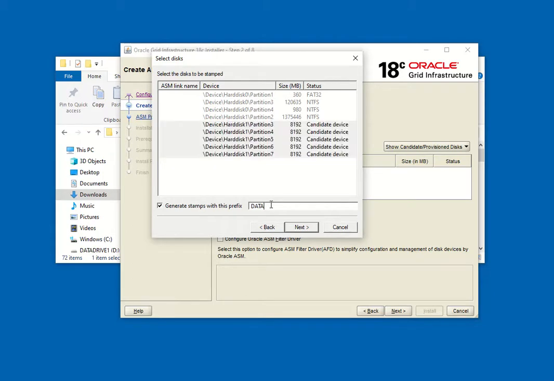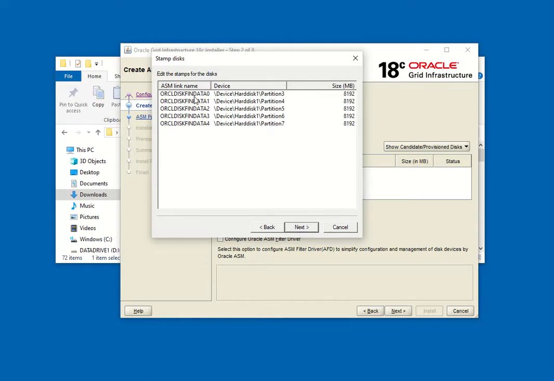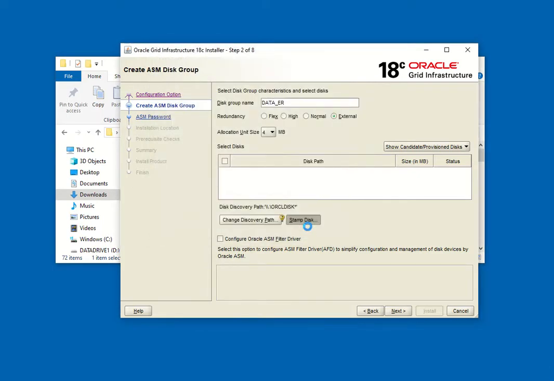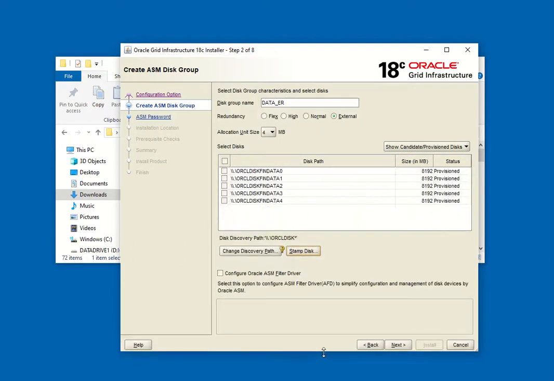You can call it whatever. Suppose it's finance data for you. You can say finance, or just I'll use a 3-letter prefix for it, finance data. Edit, at this point I can edit the names of the links, but I'm fine with these. I'll go ahead and accept it. Finish. Once I finish this, I should see all those disks on my screen. So I'm going to select all of these disks,